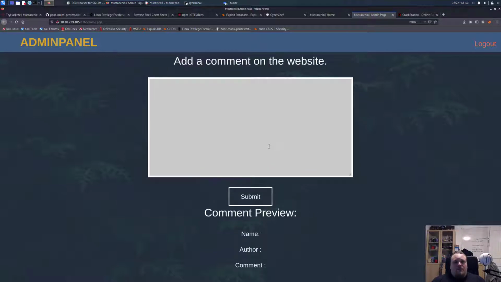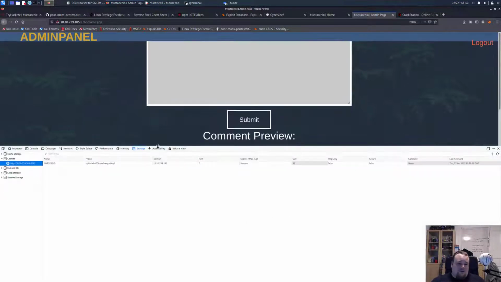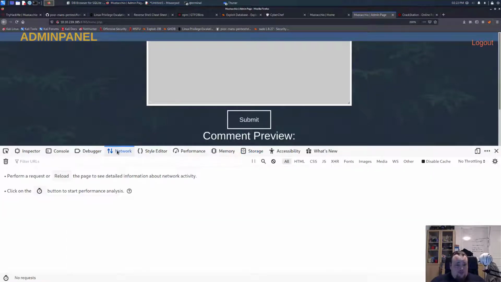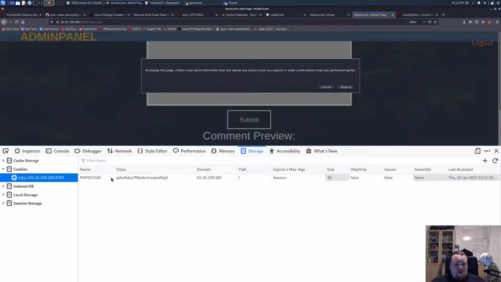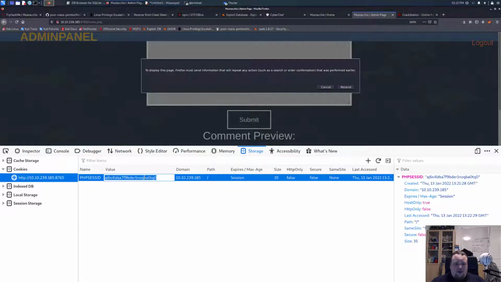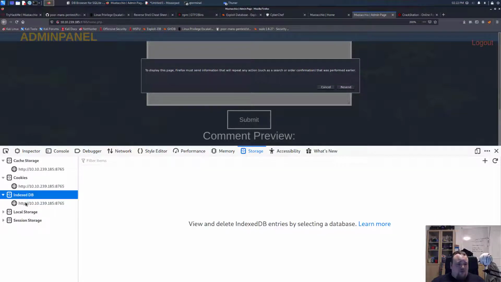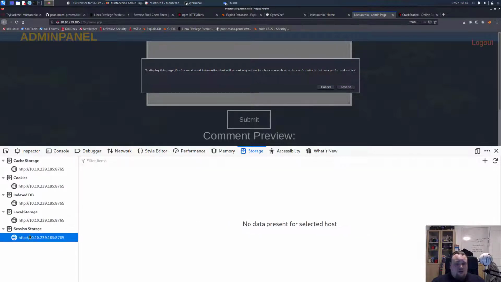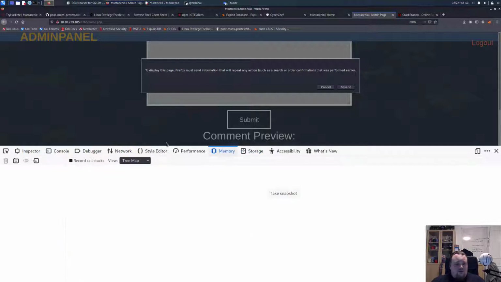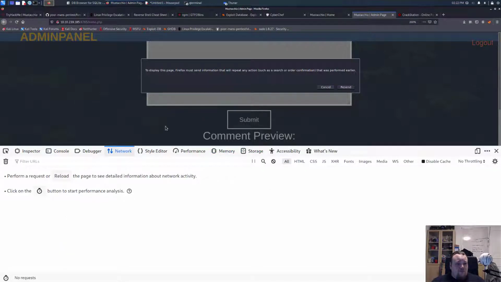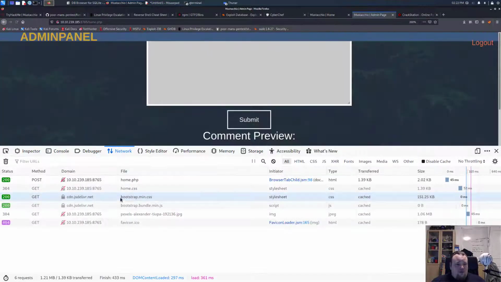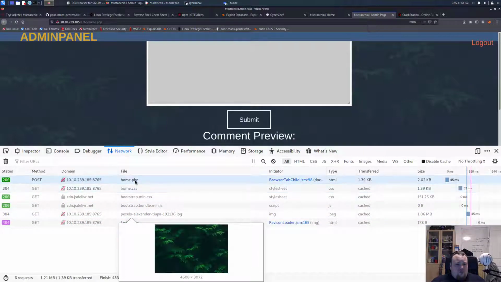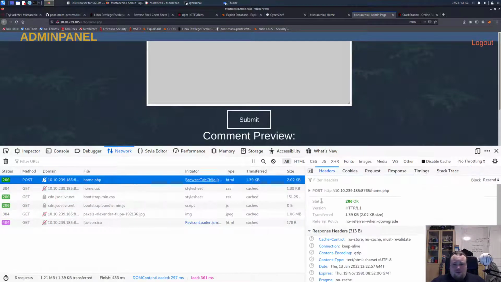Alright, so let's go ahead and just look at this. Network tab, storage would be for my case. So we have a session ID. It would seem to be the one we logged in with. We authenticated, so I would say no particular reason to look for that anymore or use that anymore. Yes. So let's see. Yeah. So basically we are